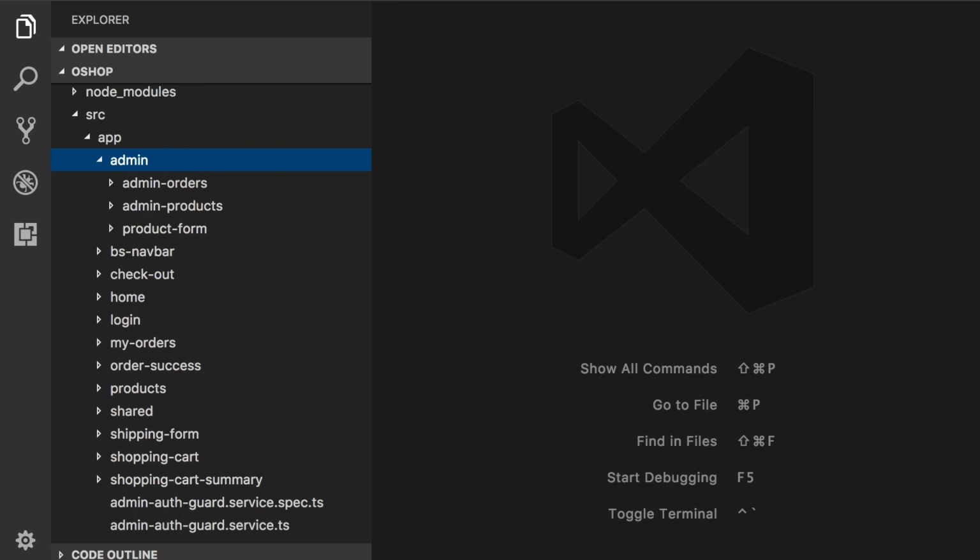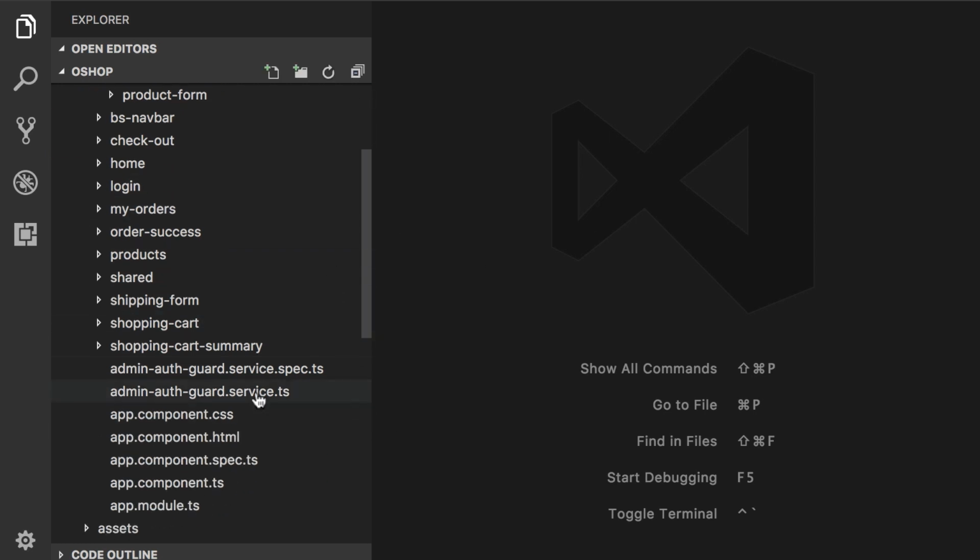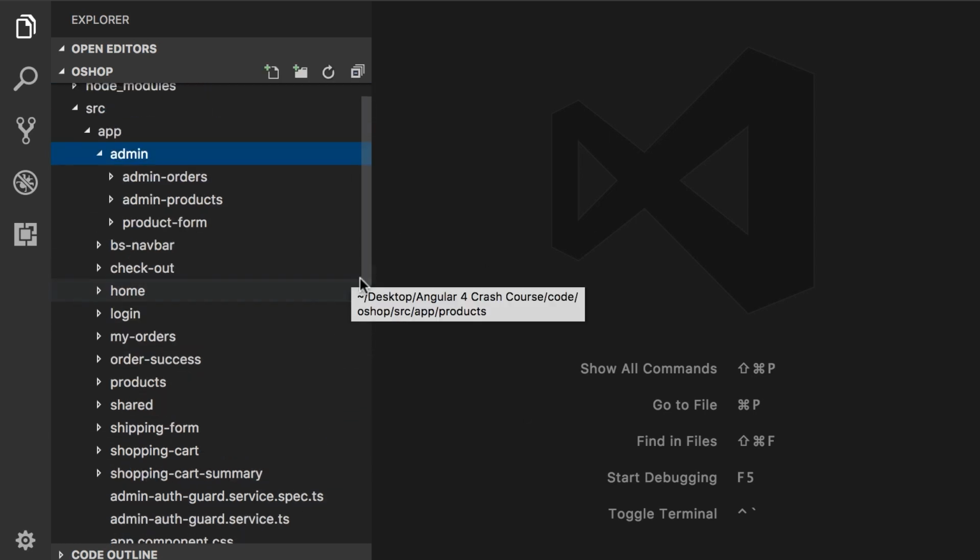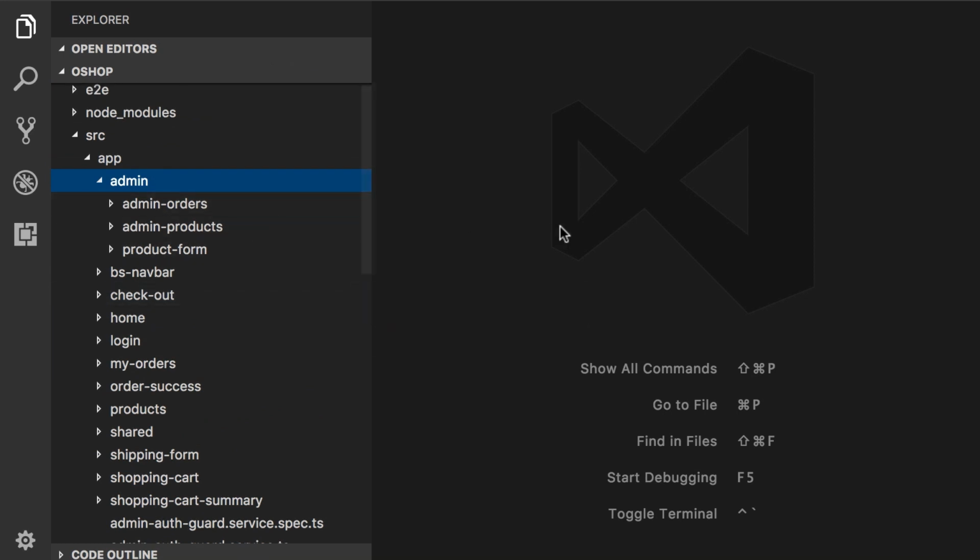In this lecture, we're going to create our admin module. Again, just like the last lecture, before we create the admin module, we should put our classes in the right folder. Here in the admin folder, we already have these components, but I want to put them under another folder called components. And I also want to move this admin OSGuard to admin/services. So I'm going to pause the recording and I want you to make the same changes, and then we'll